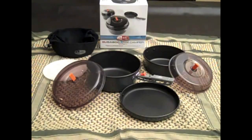What I'm going to do today is show you the kit that I made up, and I'm going to eliminate the small pot and the lid, and I'm going to use just the large pot, the clear lid that has a strainer built into it, the frying pan, the small white plate, and then the kit itself. And I'm going to build myself a camp kitchen that's mobile and that's good for 2 to 4 people. So if I did have to bug out,